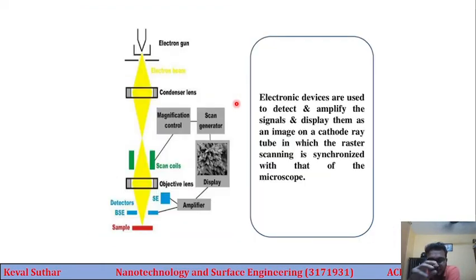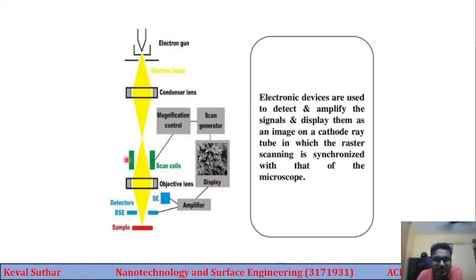So this is further discussion about the same scanning electron microscopy. The image is now made a bit simpler in a block diagram kind of way. First, as you can see, we have the electron gun, then we have the condenser lens, and after that we have scanning coils, objective lens, and these are the detectors: primary detector, secondary detector, and here we are having a sample. And then we are having the signals which go through the amplifier to the TV screen on the display.